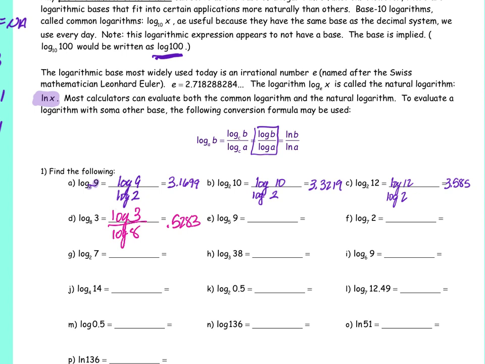And then we have log of 9 divided by log of 5, which should be 1.3652. Great. And then we've got log of 2 divided by log of 7, which should be